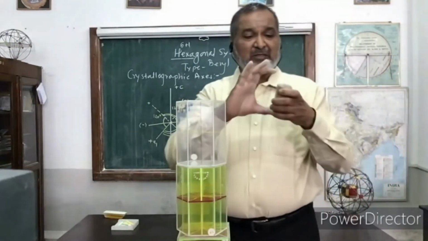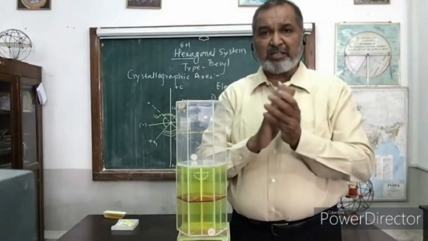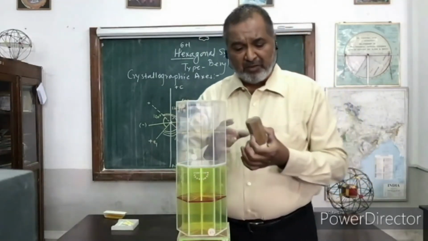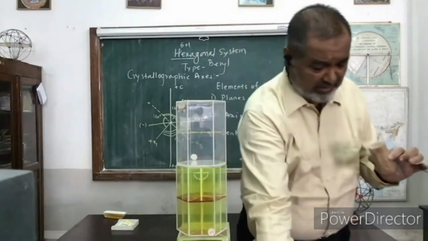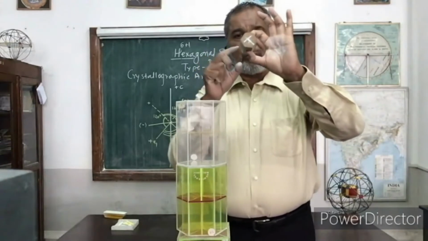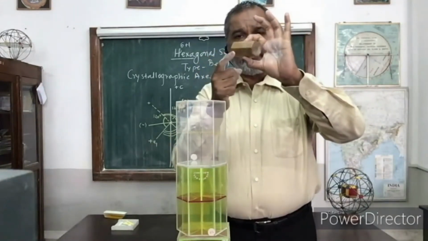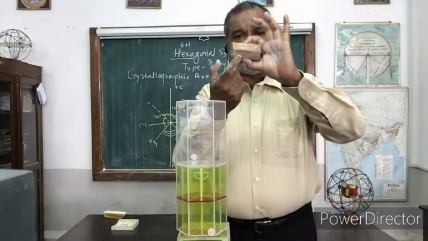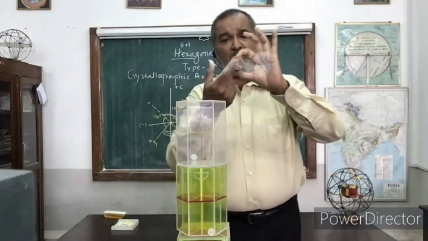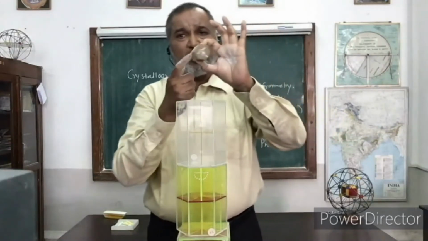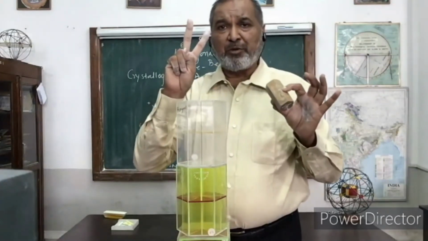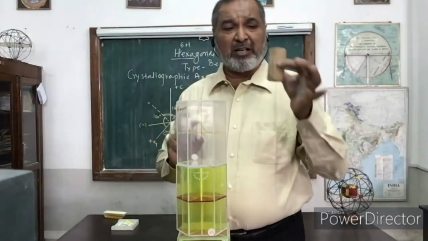Now the next one is that the center of the face is gone. Remaining are 6 vertical faces. So what is happening? If you hold them, we'll get the 3 lines. So now if I hold along the center of the faces, and this is my marking, I rotate through 90 degrees, no face, 180 degrees, one face, 270, no face, 360, second time. So once you rotate through 360 degrees along this axis, what is happening? 2 faces occupy the position twice, so it has become one of two-fold.